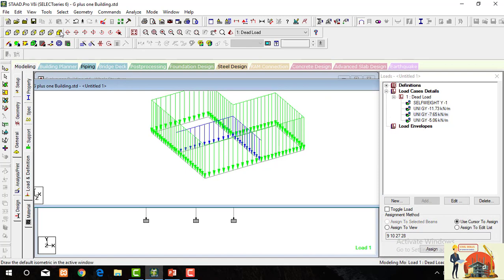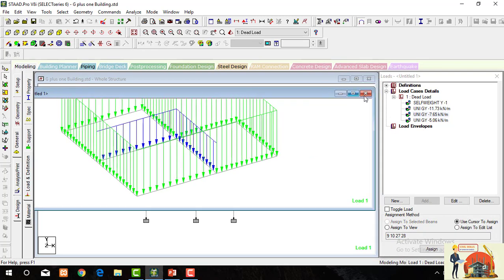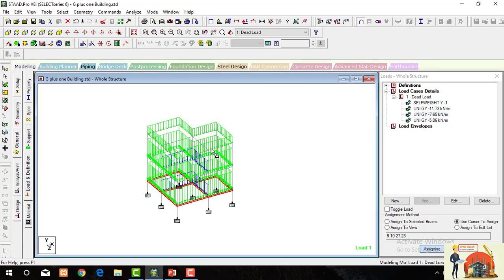All the loads are assigned to each and every member.